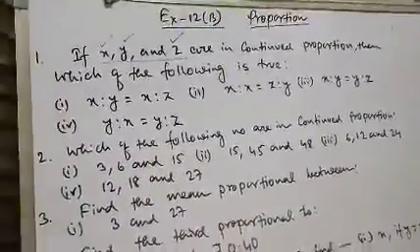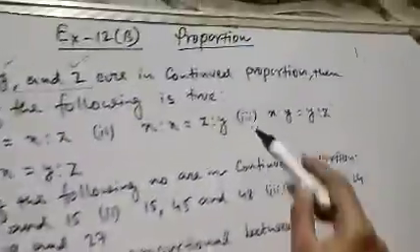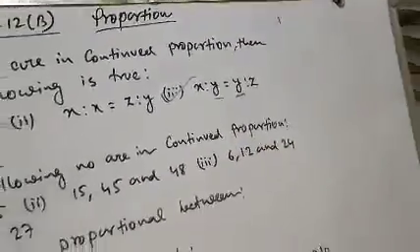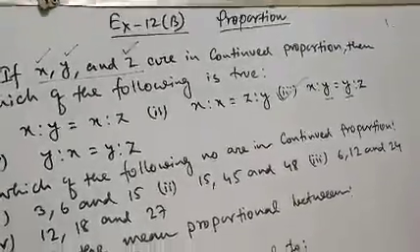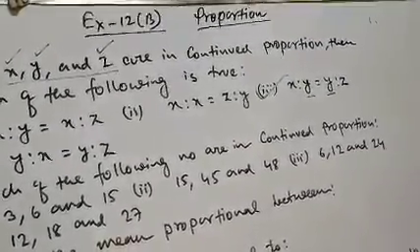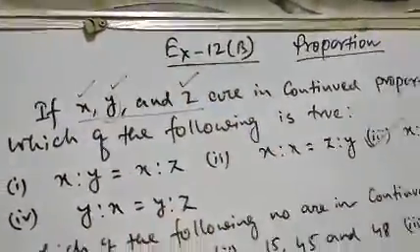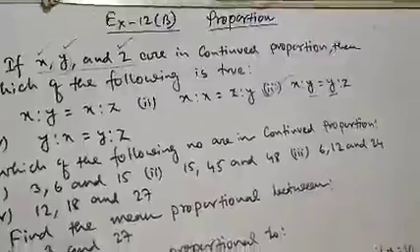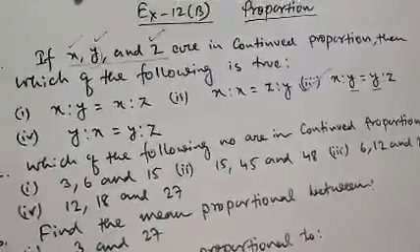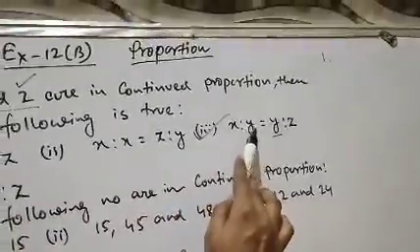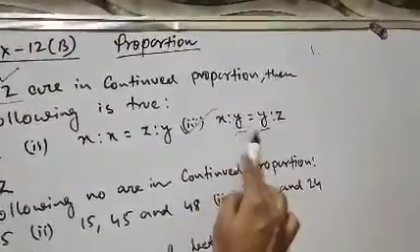Now look very carefully at the four options. You can see in option 3 that the term y is repeated. The term y is repeated because if the three terms are to be in continued proportion, the second term should be repeated. So the second term is y, the middle term. So this term must be repeated and must satisfy the relation. Therefore, between all these four options, only in option 3 the second term is repeated. That means y is repeated. So this will be the answer.